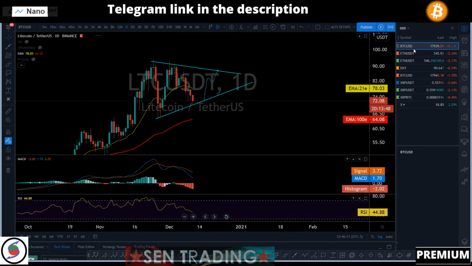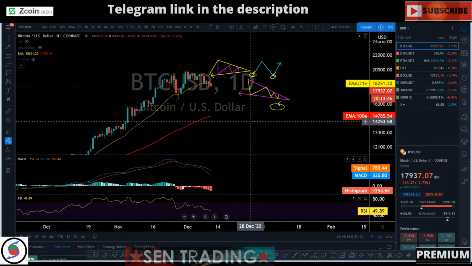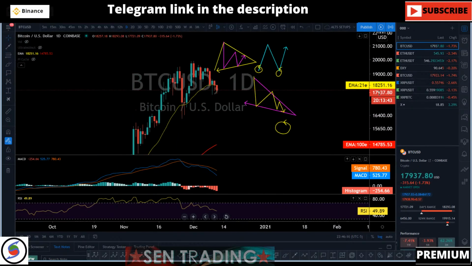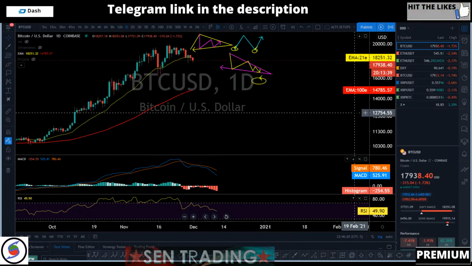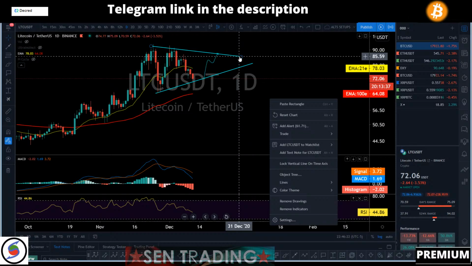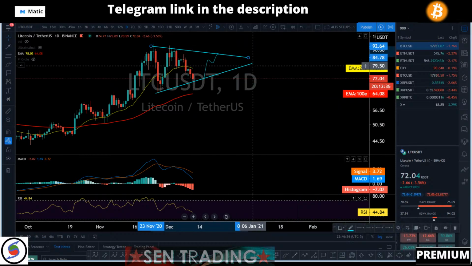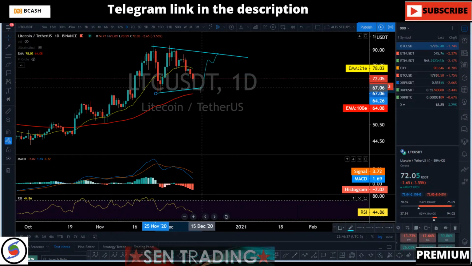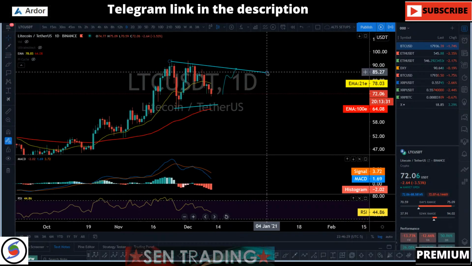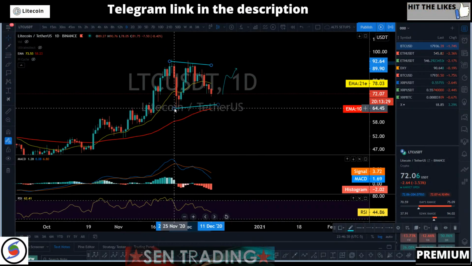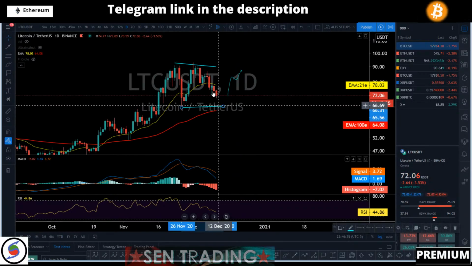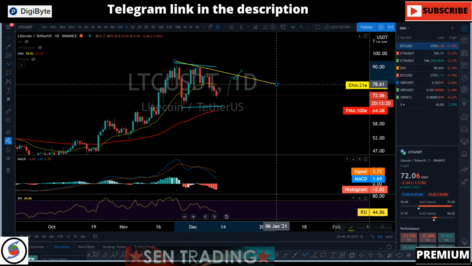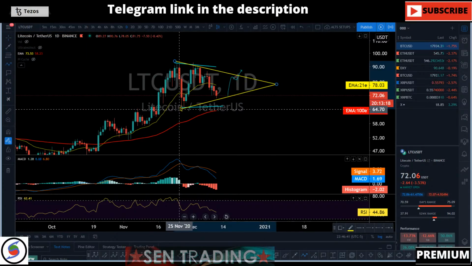As I showed you on BTC, you don't know what type of correction you're gonna get. Either it could be a triangular formation or a flat correction. If you go back to Litecoin, we could for now anticipate a possible triangular formation or possibly a flat correction right there. So we're just gonna have to wait over the next few days and see if Litecoin is going to either create this one, or create a bullish pattern like that.